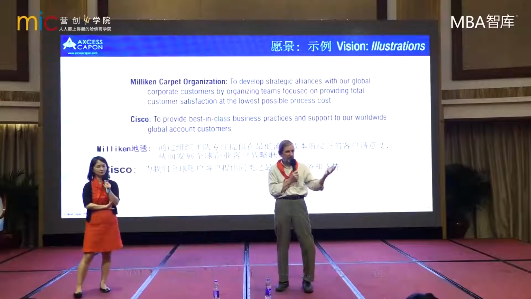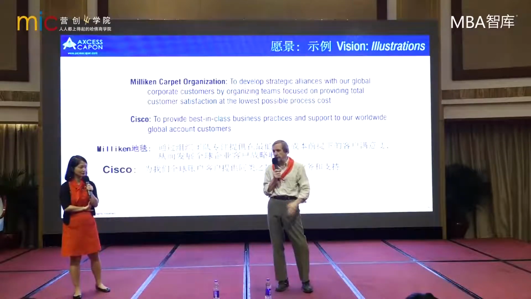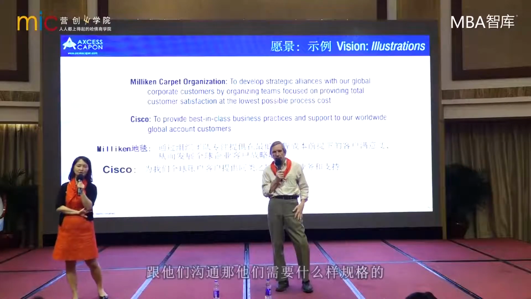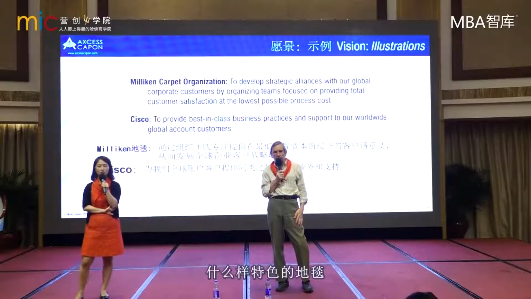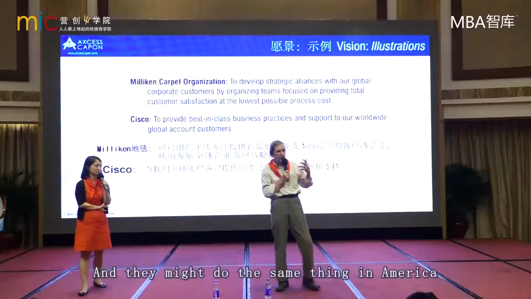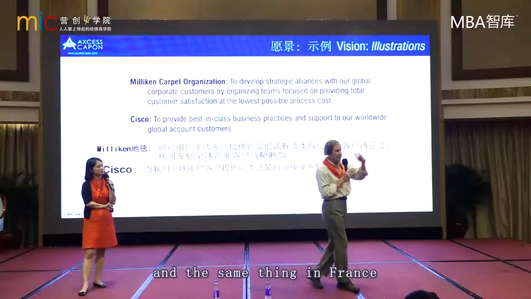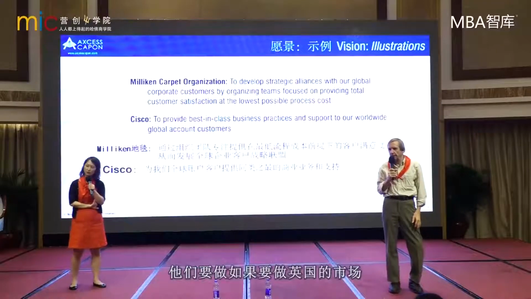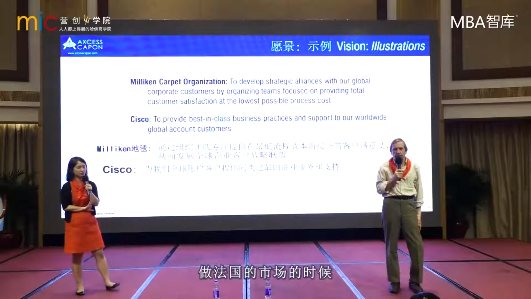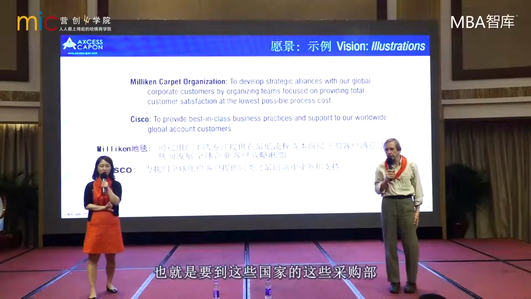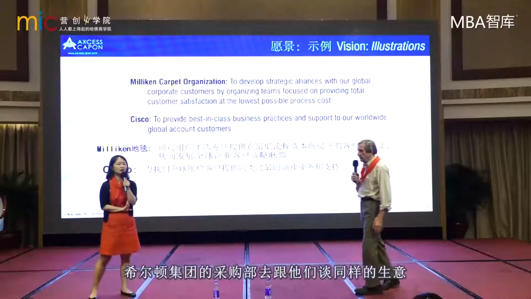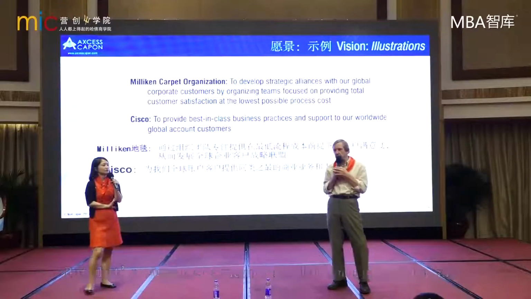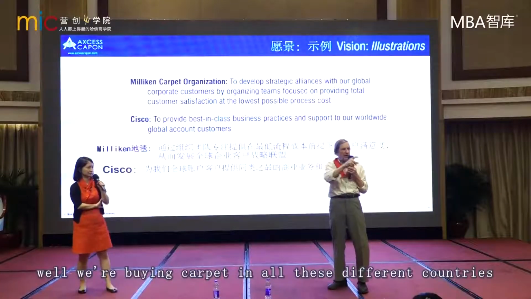So that would be perfectly reasonable to talk to the procurement people in Hilton, China, about carpets in the Hilton operations, the various Hilton hotels in China. 那他们要做的就是跟希尔顿的酒店的中国区的采购部去联系，跟他们沟通。那他们需要什么样规格的、什么样特色的地毯？And they might do the same thing in America, and the same thing in France, and the same thing in Britain, and the same thing in Sweden. 他们如果要做英国的市场、做美国的市场、做法国的市场的时候，其实也是一样的，也就是要到这些国家的采购部去跟他们谈同样的生意。